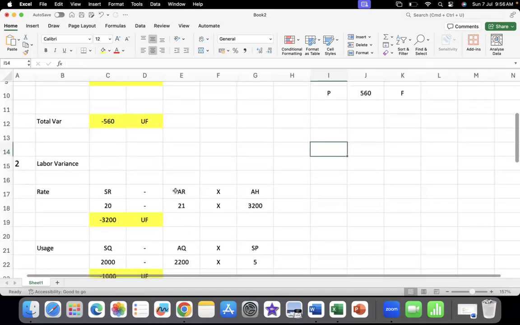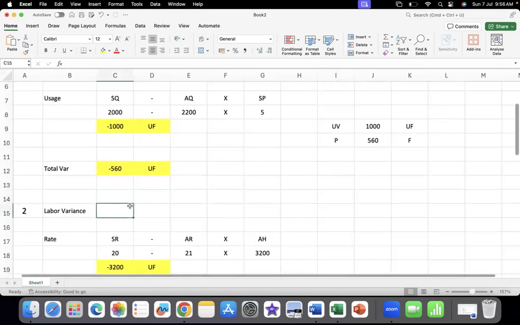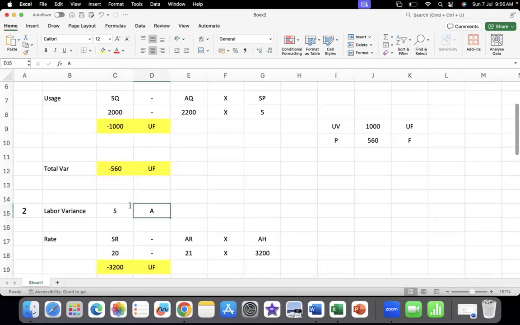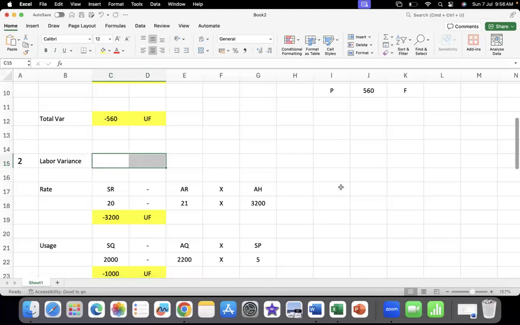So just don't be dependent on signs, but you can be dependent on signs when you always have standard first and actual later. So if you're always using standard minus actual, you can trust the sign. But this formula could be written in a different way as well. So for example, if a company follows a practice to define actuals first and then compare it with standards,